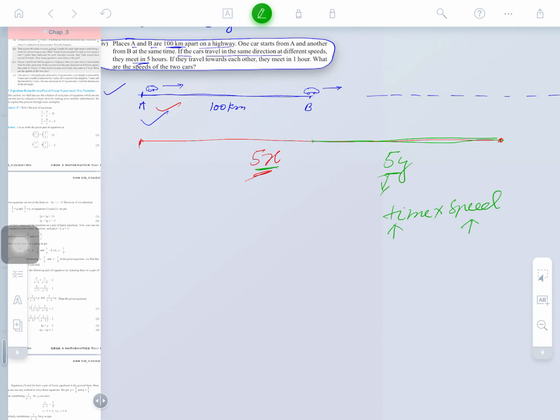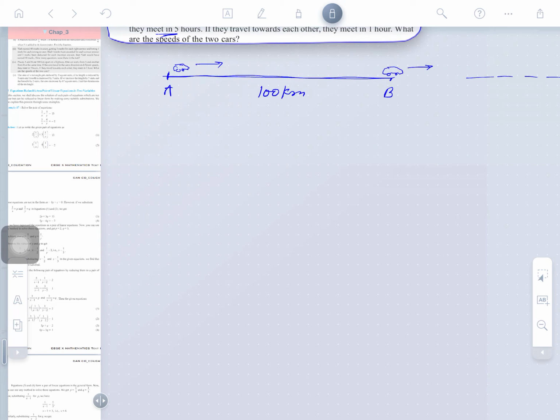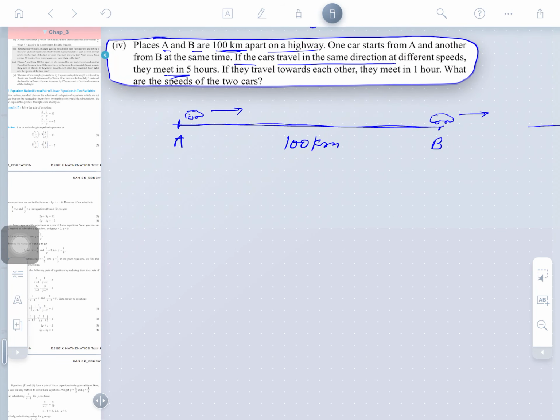So what case can be given here? This whole distance from here is 5x, this whole distance here is 5y, and the red distance is 100. So one equation can be constituted: 5x minus 5y is equal to 100. This one case can be resolved. Clear guys? So how can we write this down? Very simple. First we suppose the speed of the car. The method of writing the solution will be there.